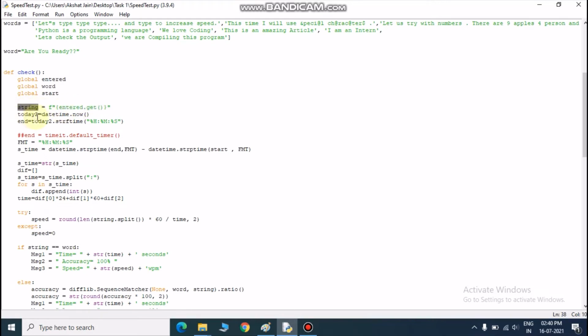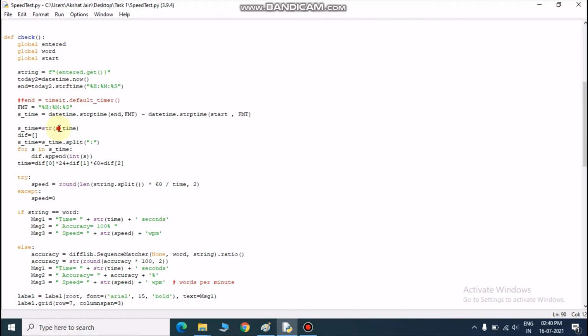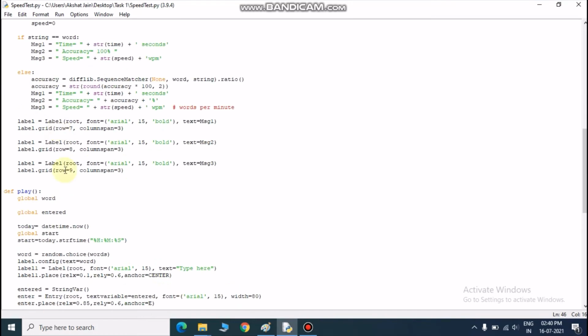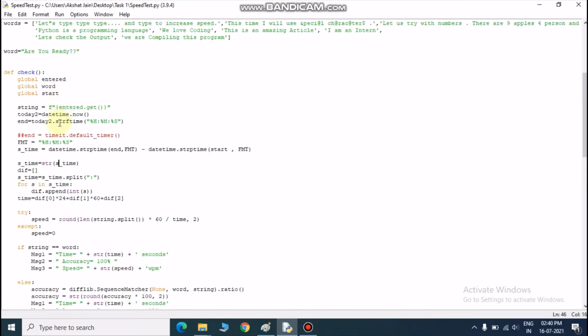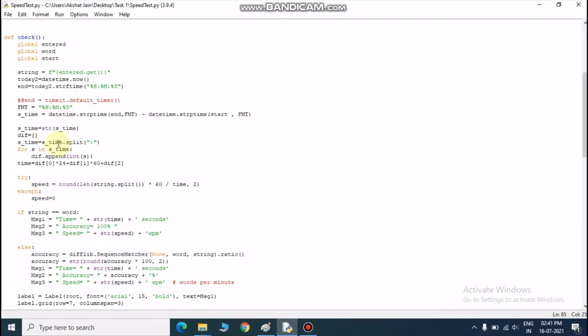And now today date 2 is equal to time dot date. Now from here till here, some moments or a few seconds have passed. That second we want to count. So we will just find out the difference between the current time and the time when I clicked on this button. So this will give us the difference. Here we are getting the difference and we are saving it. So here we are getting the ending time. We are saving it at end, and now we want to find the difference between start and end.